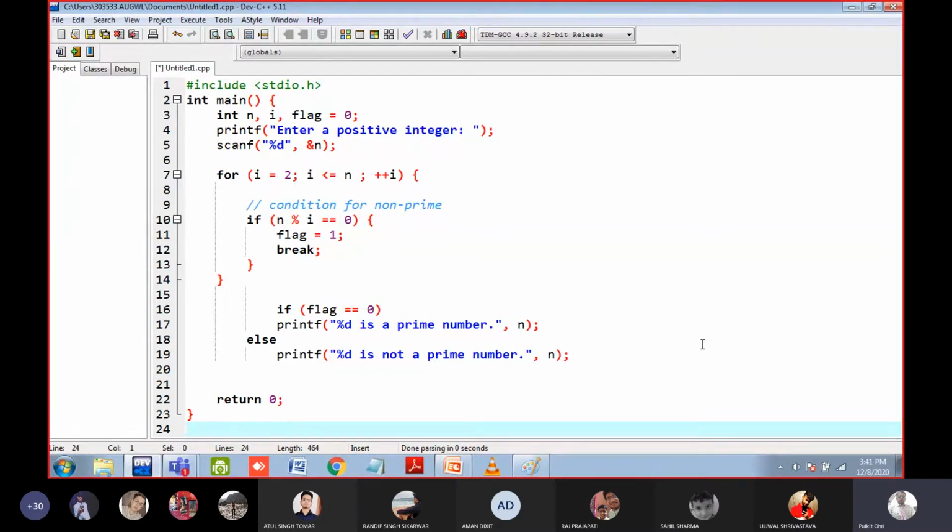Anyone? Same program with only a very tiny modification. It is 95 or 90% the same code as the previous code. Yes, anyone? Else I will call out the names of students.